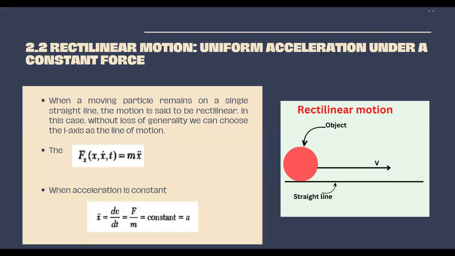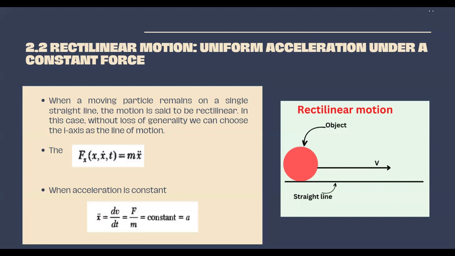Now, 2.2, which is rectilinear motion, uniform acceleration under a constant force. Rectilinear motion refers to the motion of an object along a straight line. In other words, the object moves only in one direction, either horizontally or vertically, without deviating from the straight path. This type of motion is characterized by the changes in the object's position along the